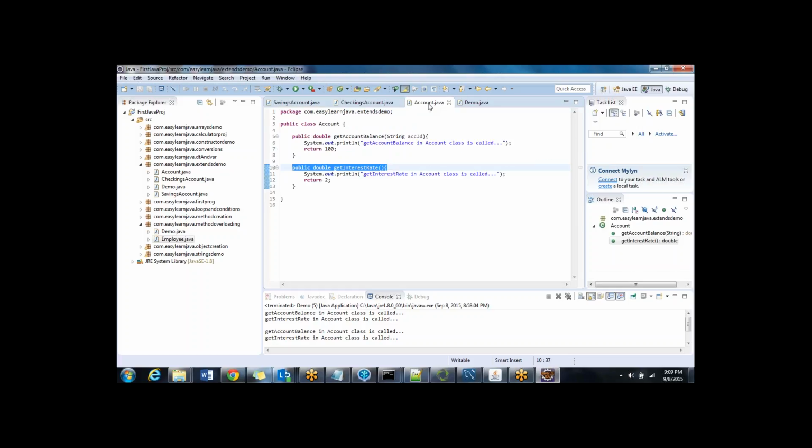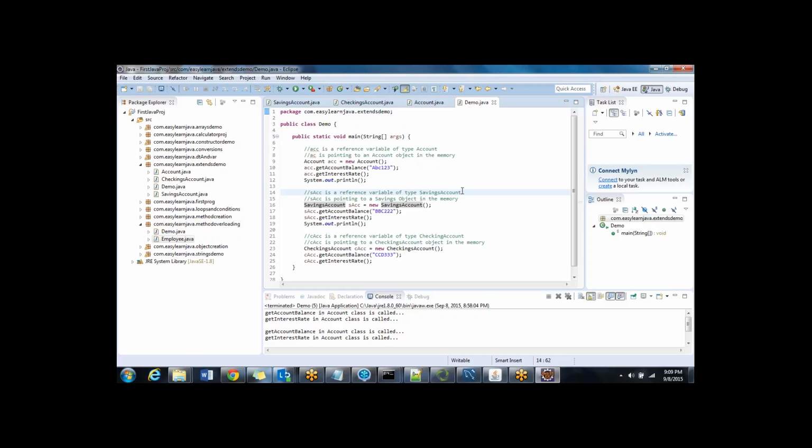Now the next concept. I go back to demo.java, and the one thing that I want to stress here in this current context is line number 18 only. Okay, line number 18 only. In the previous context, if I execute, see,